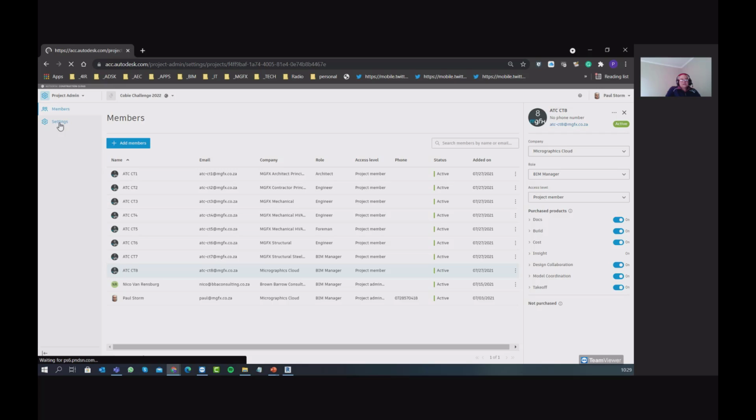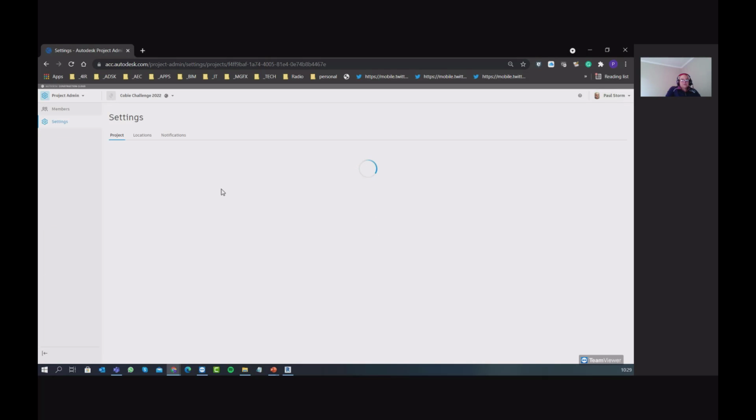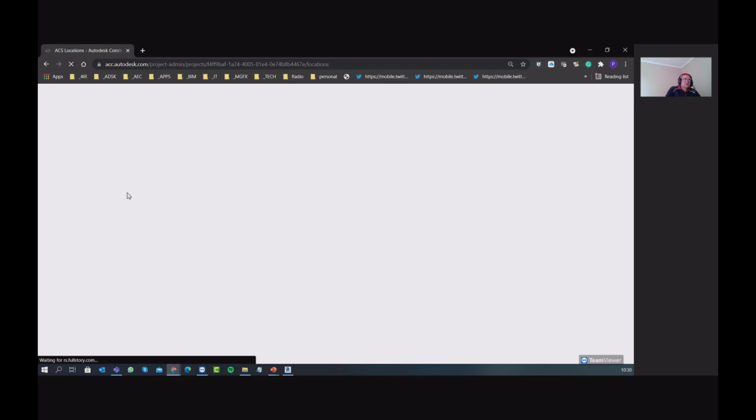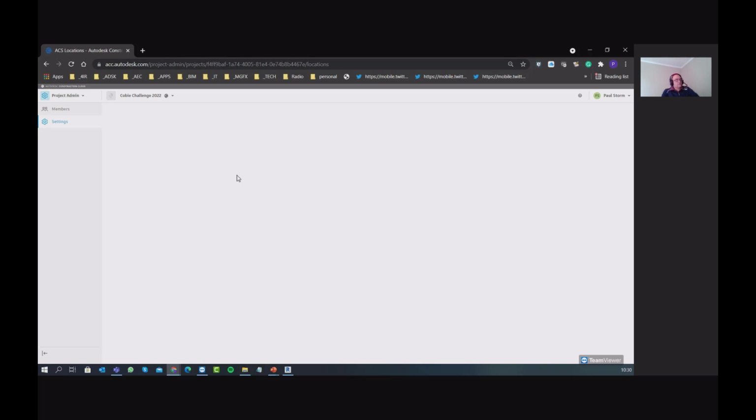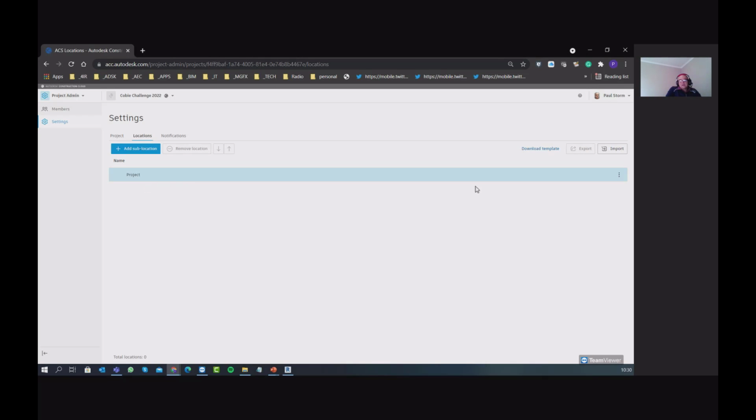In addition to that, looking at the settings of the project, you can also change the names and the information in here. There are some product settings if you want to have a look per product. But in the project, at least, you can see that we've got the locations. Now, locations is a physical